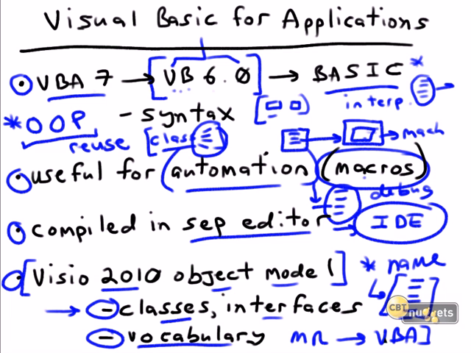Visio will let you do that and will show you the VBA code that Microsoft gives you based on your actions. Like I said, this can be a great way for you to learn this vocabulary, this Visio 2010 object model, so that you can start writing your own VBA from scratch.